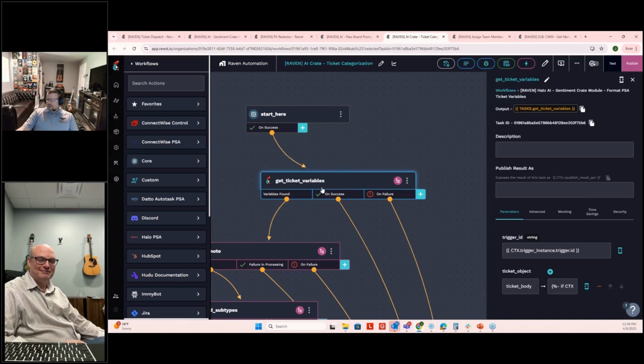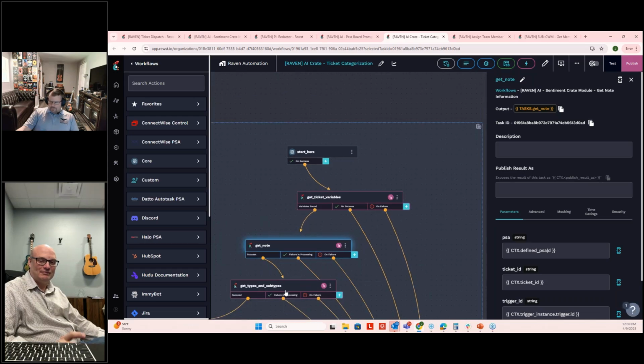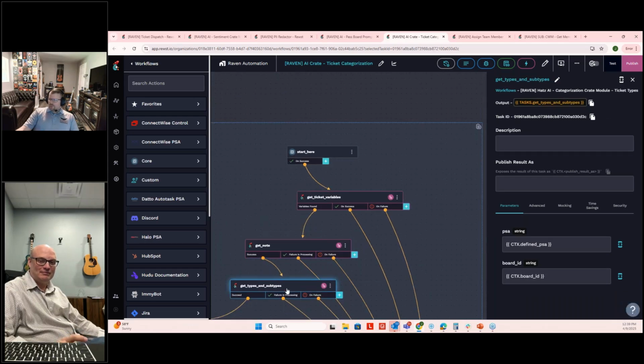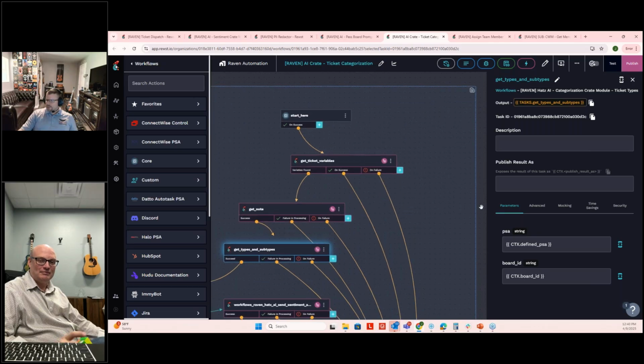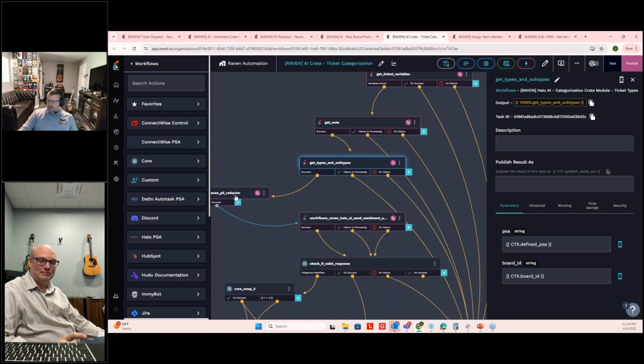So we have a sub workflow that's getting ticket variables. We have another one that's getting note information again. We have another workflow that's reaching out and getting those types and subtypes from the PSA and passing all of that back. Again, we call the PII redactor to make sure that we don't pass anything PII related back into the AI